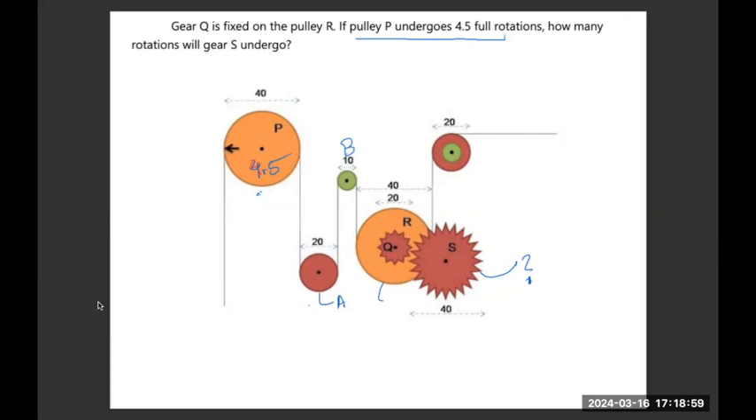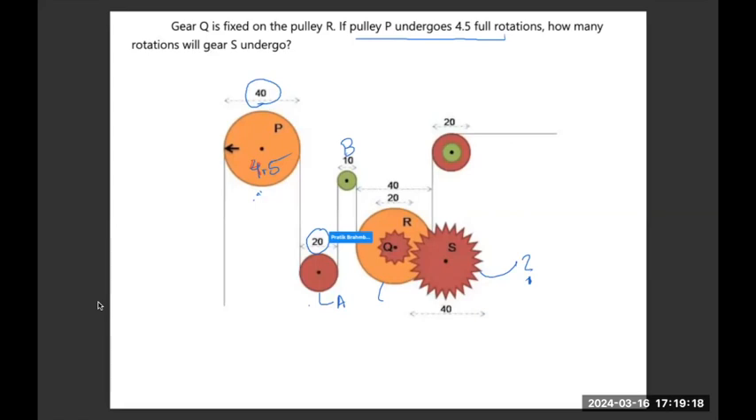Pulley P is concentrically attached to pulley Q, and Q is attached to pulley S. So in order to reach S, I will have to start with the P and A relationship. What is the relationship between P and A? P has a diameter of 40 and A has a diameter of 20, which means that